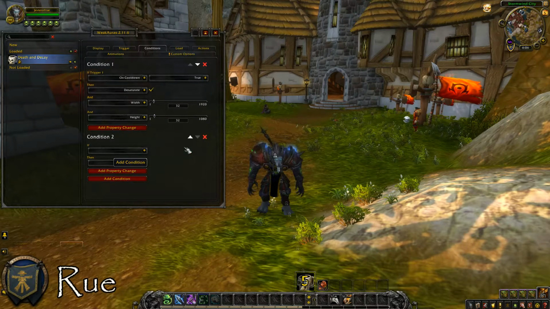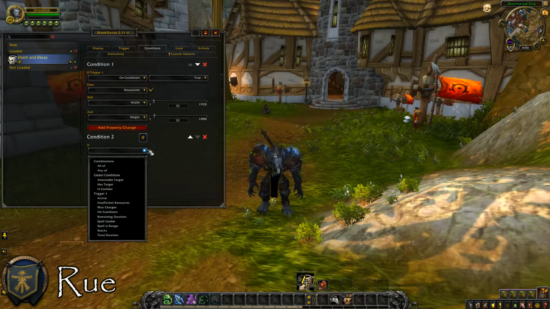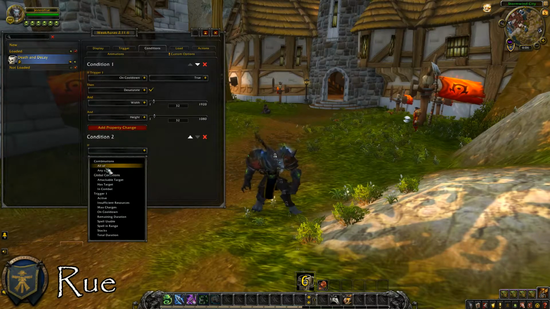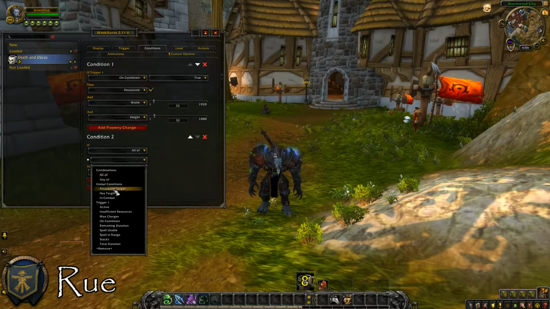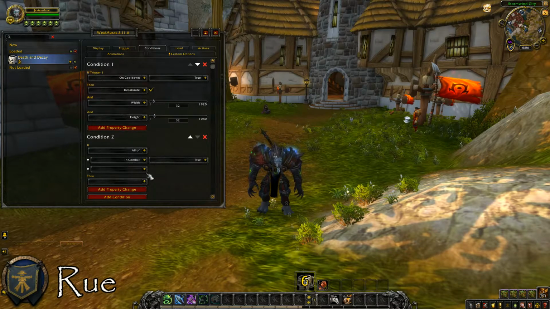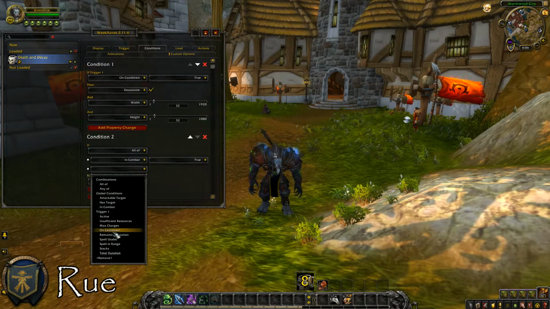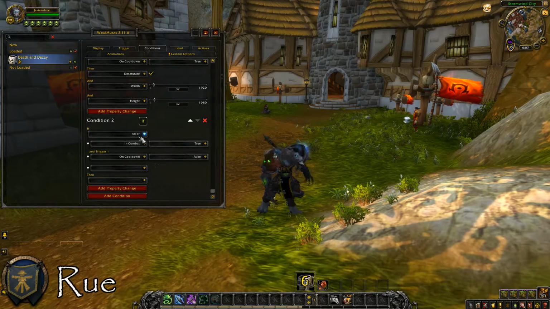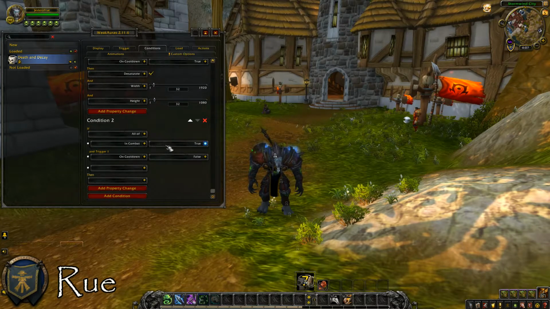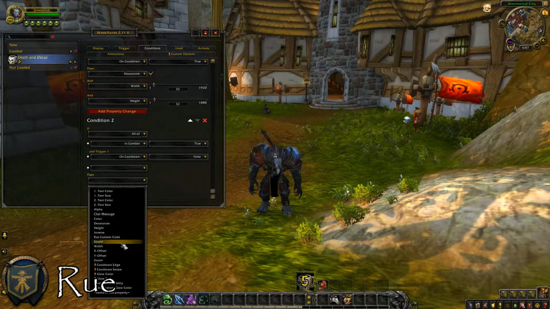Now, we're going to add the condition for when we're in combat, but it's not on cooldown. I want a visual alert. If a combination of all of these sub-items, we're going to select global condition of in combat, true, and we're going to select on cooldown, but this time false. So if both of these match, so in combat, not on cooldown, then we're going to go ahead and